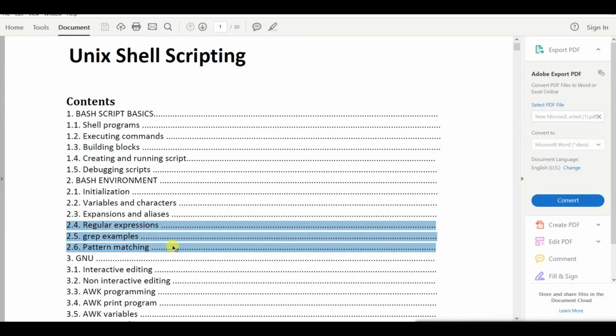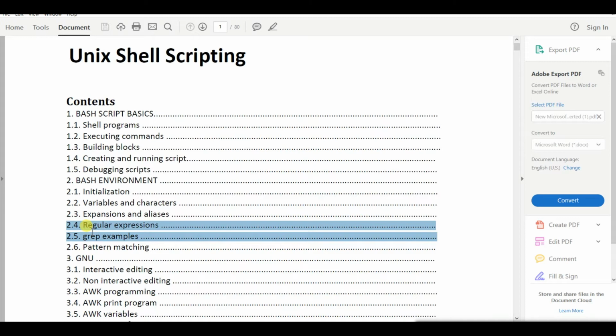It is nothing but if you have a part of a character in your mind and you want to search where this character exactly is, you can do this searching in the vi editor. But that is the interactive part of searching, which you cannot do with scripting, because scripting is done to eradicate the manual effort. Scripting is something like an automated tool. Here the regular expressions and grep examples, which are covered in 2.4 and 2.5 respectively, will help you to filter things depending on some examples we will be checking throughout the course.